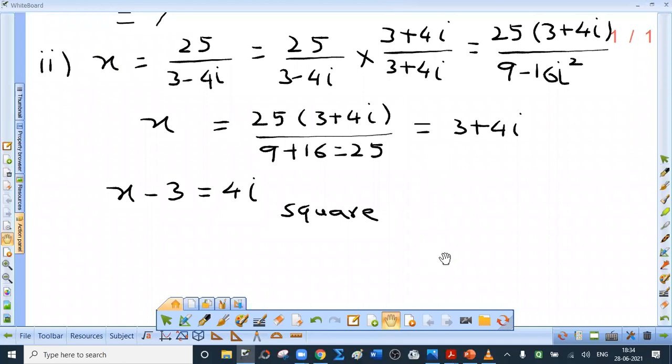Now, x is the second one. We are asked to find the value of 2x cube minus 11x square plus 44x plus 27 if x is 25 upon 3 minus 4i. Okay. Now, x is 25 by 3 minus 4i. Multiply numerator and denominator by 3 plus 4i. So,